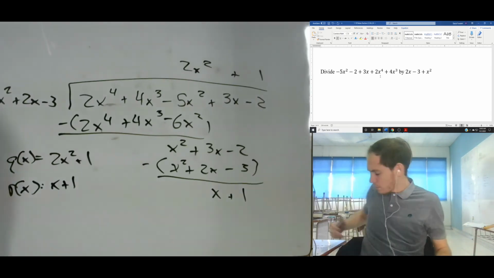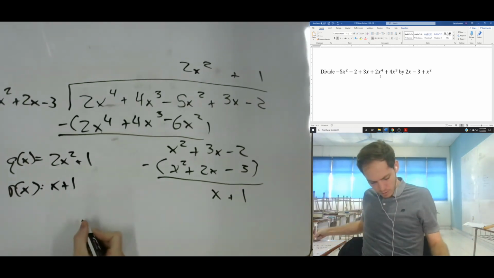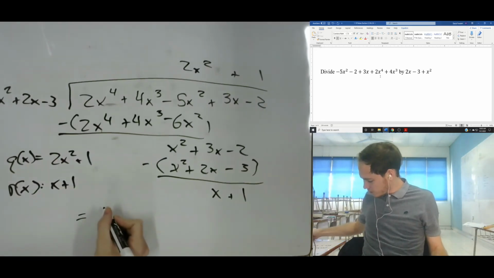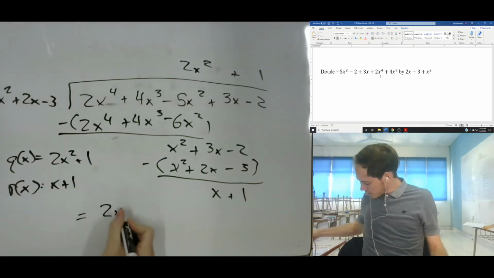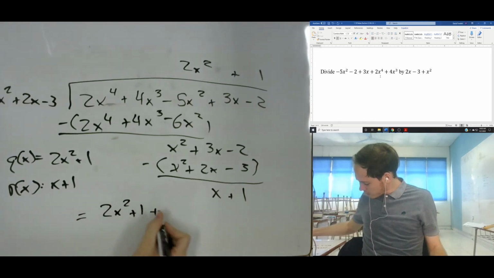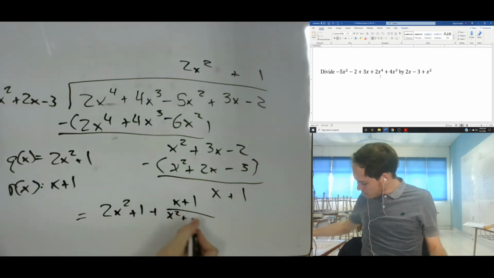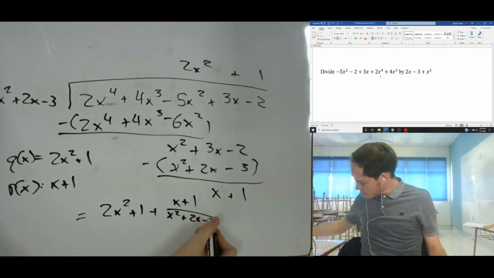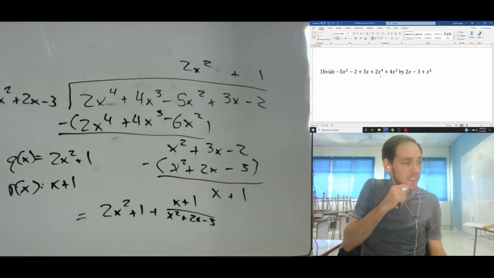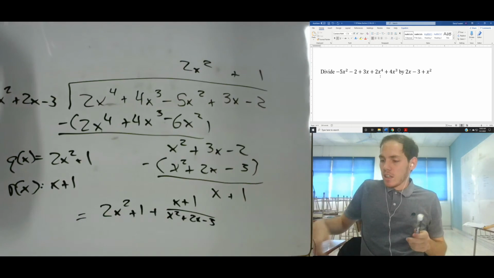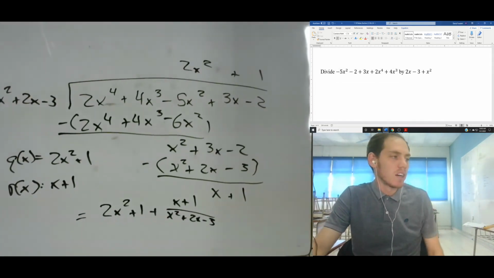The way they write it in the book is they show this division and then they say it equals 2x squared plus 1 plus x plus 1 over our divisor, which is x squared plus 2x minus 3. Okay, that will be that for that example. We will come back and work on synthetic